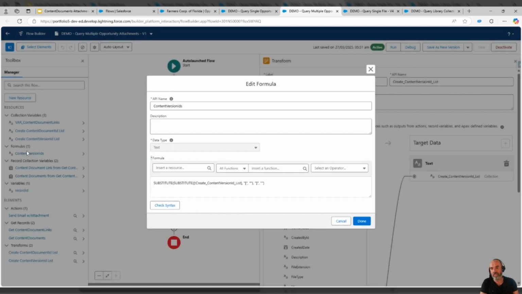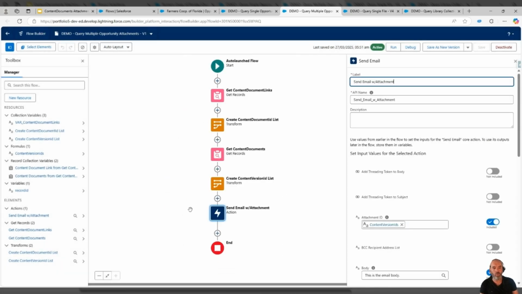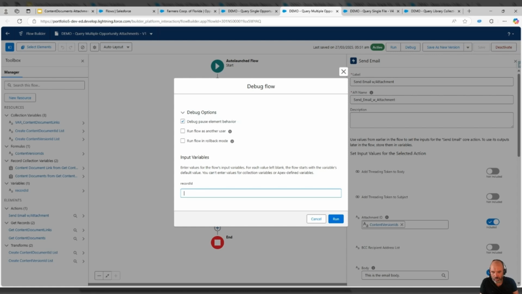So if you look at this formula, there's a lot of different ways you could do it. This is just one, but basically we're just extracting those two square brackets so we've got a single comma delimited list, which is what it tells us it needs, which we've then added. So you can see here it says it needs to be a comma delimited list, but the nature of the collection is that it includes those square brackets. So I'll just debug that to show you. If we add in that opportunity ID,